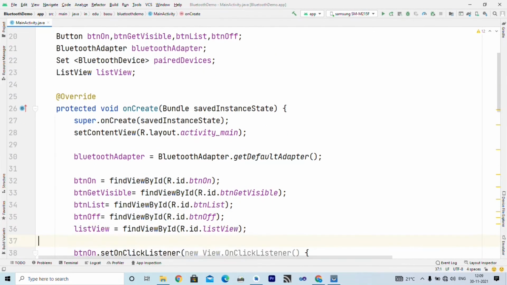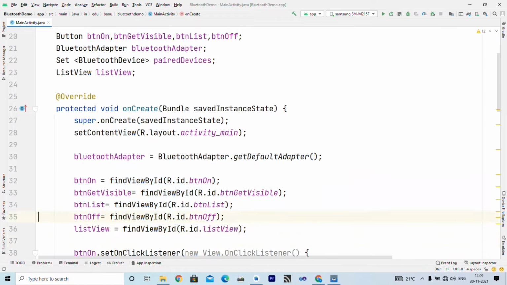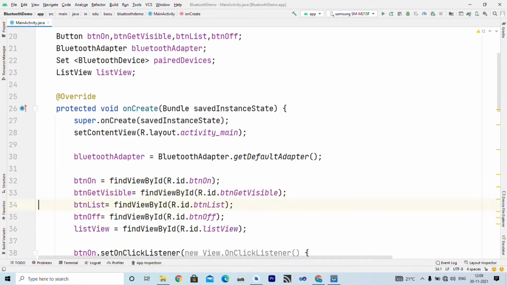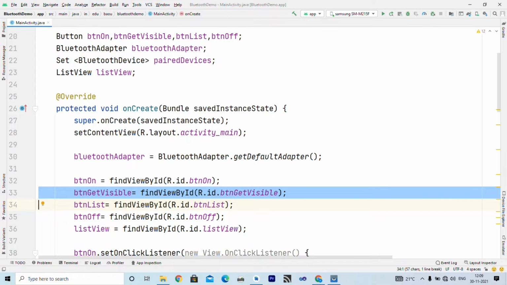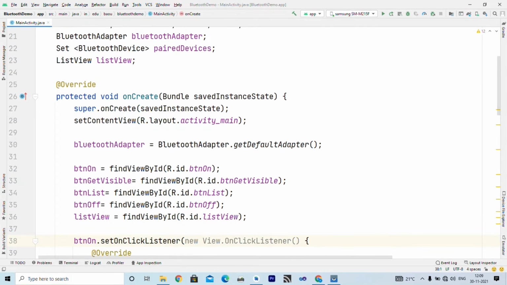Let us understand these lines. So these lines represent buttons and list view initialized from the button and list view available in our layout file. So this refers to a button in the layout file. This button represents the corresponding button in the layout file, and so on. So we can initialize these objects using the find view by ID method.